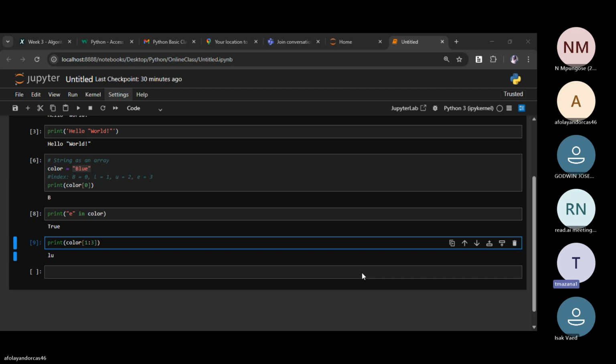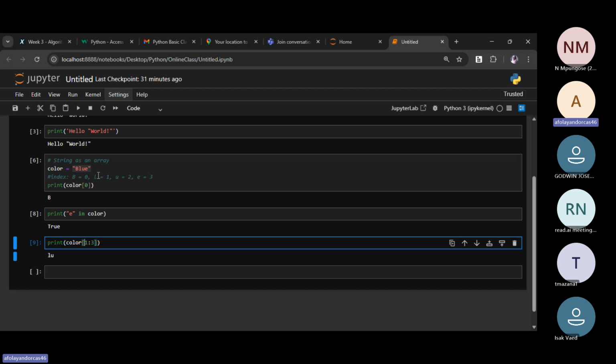So it's going to print from 1, which is L, and then U. Exactly, sir. Thank you, sir. That's actually what is happening. It's going to print from this one, since we've already have it in our comment that L is equals to 1, U is equals to 2, E is equals to 3.